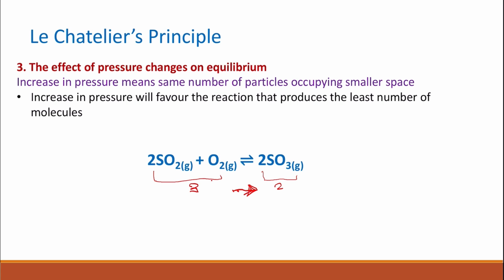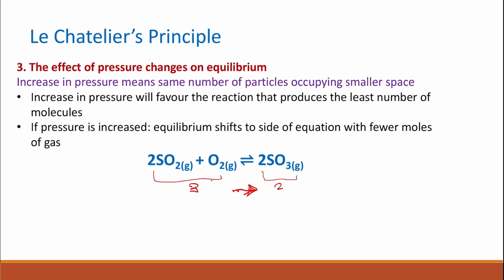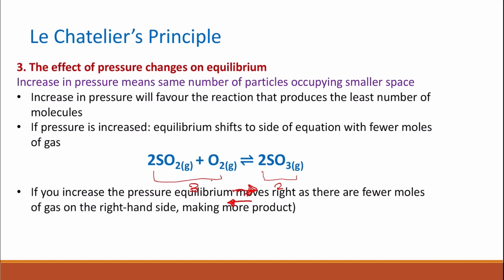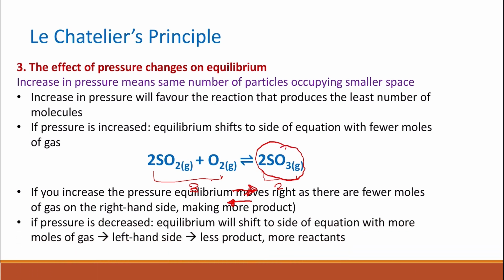moles of the products. And if we decrease the pressure, then the reaction will be favored towards the side that has a larger number of particles, trying to increase the pressure back again to regain the equilibrium of the system. So if we decrease the pressure, then the system will go towards the reactants. So overall for this one, if you increase the pressure, you're going to have more of the products, so you're going to have higher yield. And if you decrease the pressure, then you're going to have more of the reactants, so less product and then